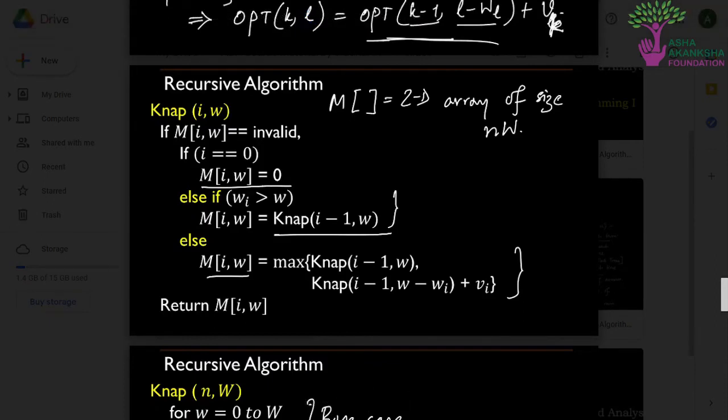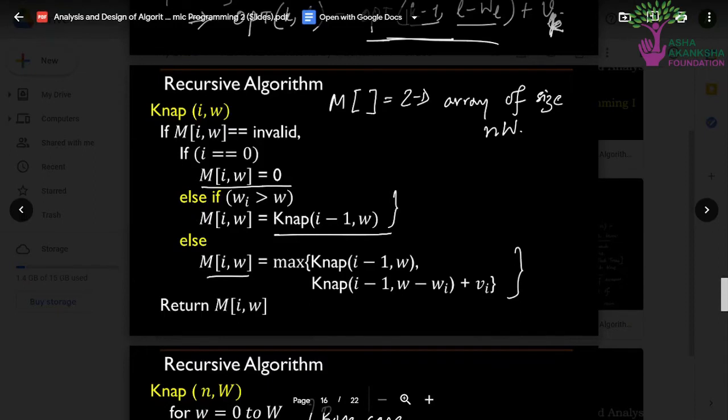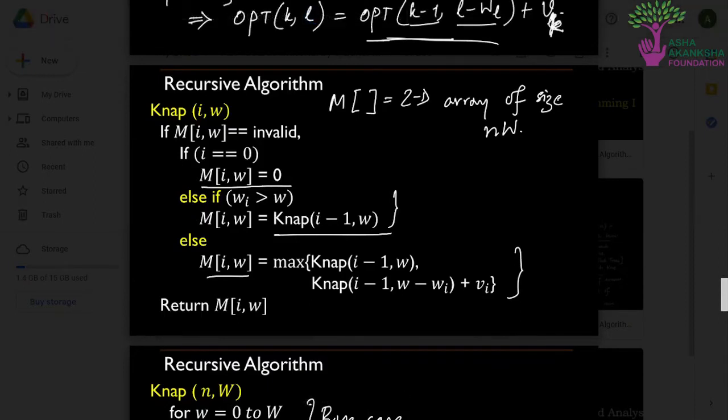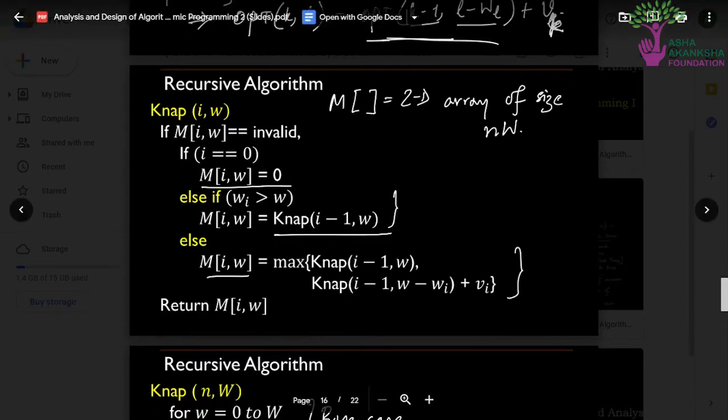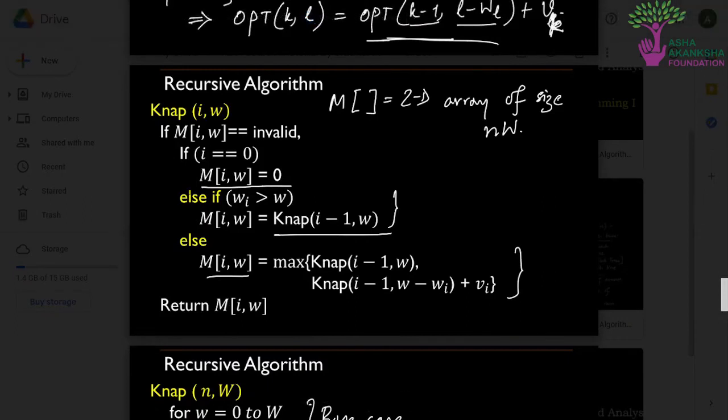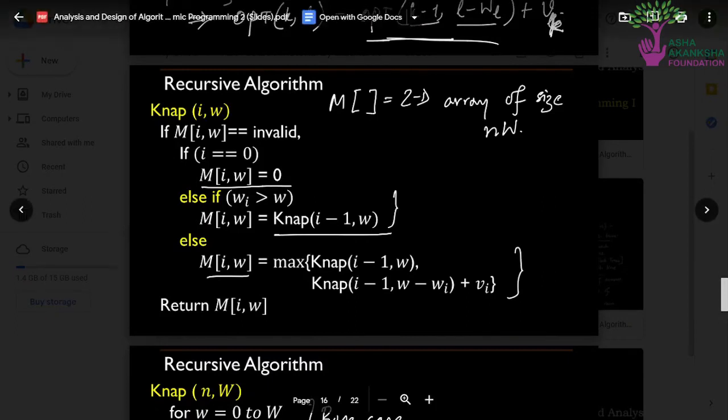Now if this does not happen, then we go here, and in this case we are given a certain Wi. Wi is the weight of the last item among the 1 to ith items. Suppose this Wi is greater than W, that is, W is the weight of the knapsack that should not be exceeded, and the last item that we are considering has a weight itself greater than the weight of the knapsack. Then in that case, we just store the knap(i-1, W) value here. This is another thing that we have to consider. Otherwise, we just take the recursive case that we constructed.